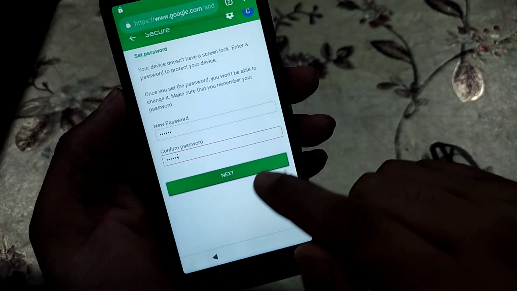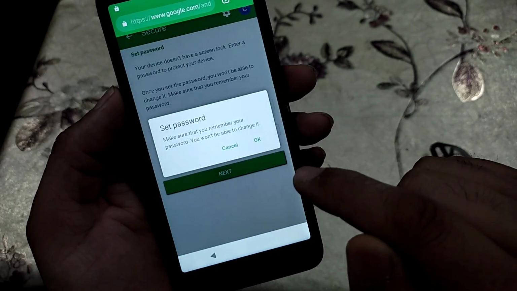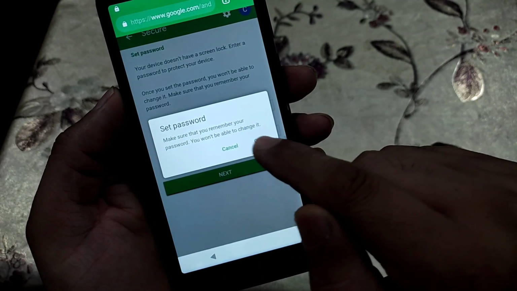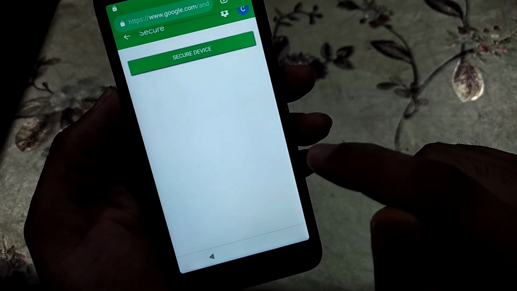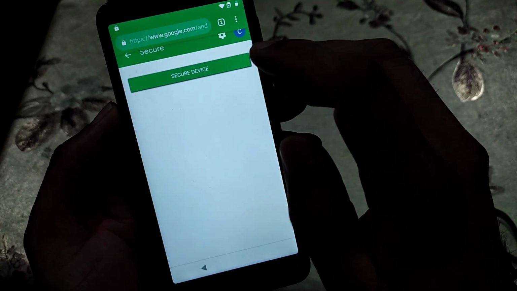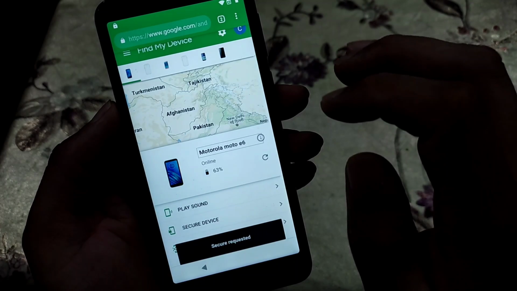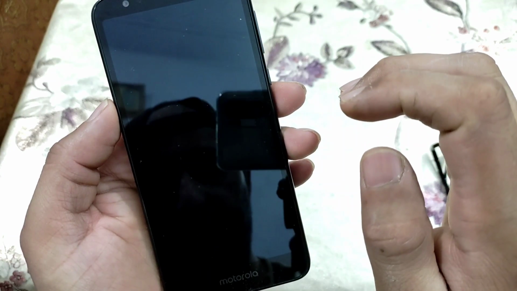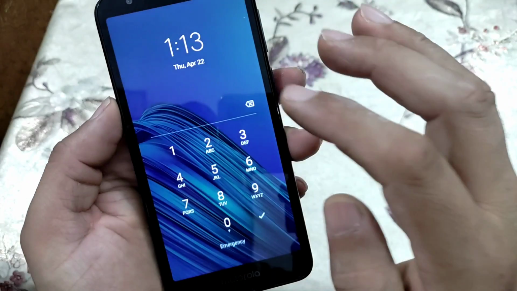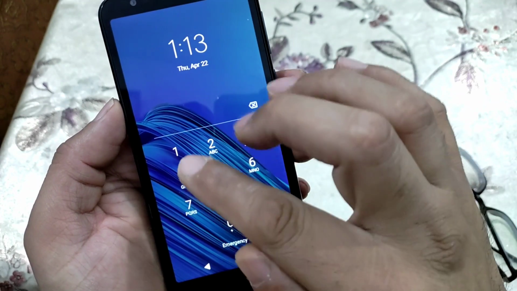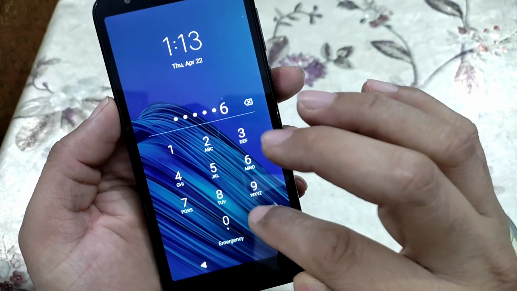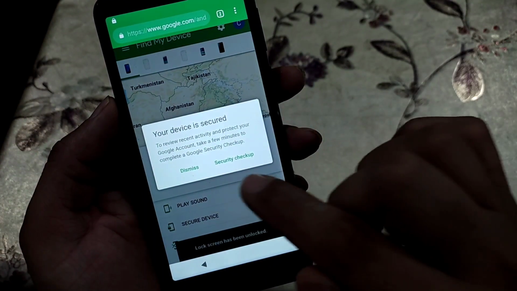So it's very important, you can't change it again, just remember it. Now click on OK, and now we need to click on secure device. As you can see, click here, secure device, and now you can see our device is password protected. Click 123456 and OK, and it's working fine.